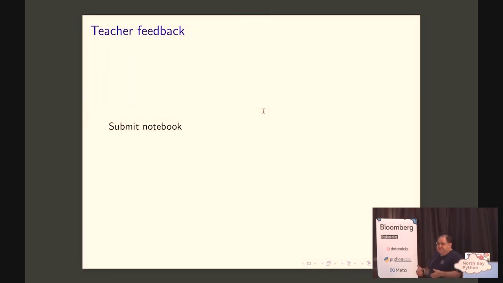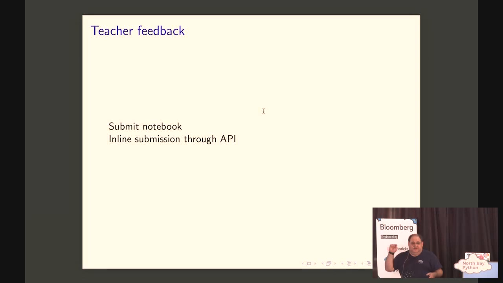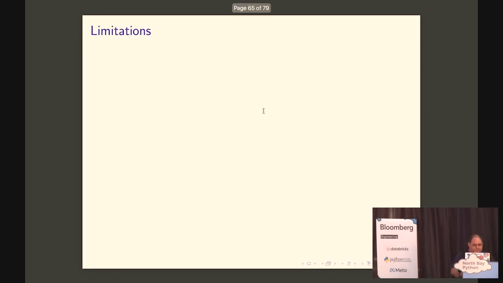So if you fill in cells and save them, you can submit the notebook, and the teacher can import the notebook and check it for correctness and whatever feedback they want. You can do inline submissions through an API. You can have a widget where you click to say, this is the answer I want to submit, and it submits it to whatever LMS you use locally. You can integrate it into that API, so they can submit it, and again, the teacher will grade it later.